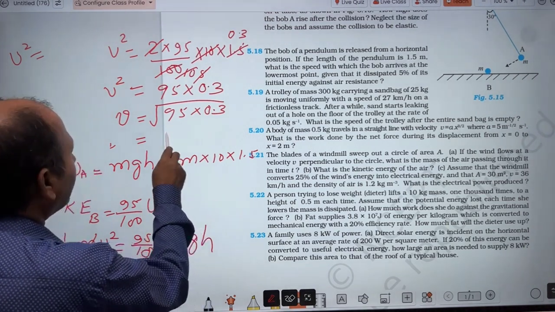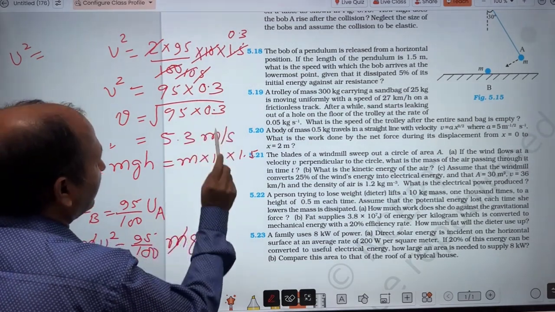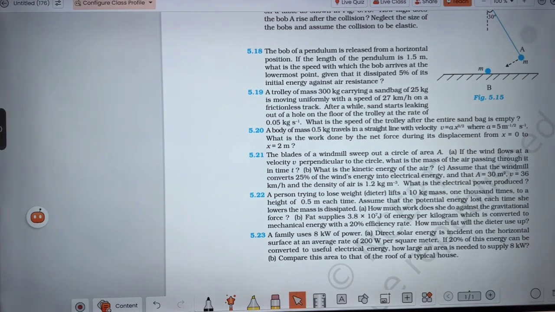You will get 5.3 meter per second. I think this is very clear. Now